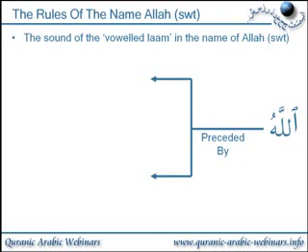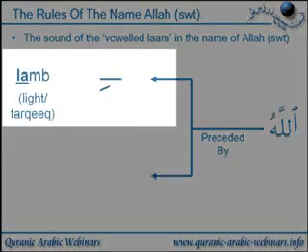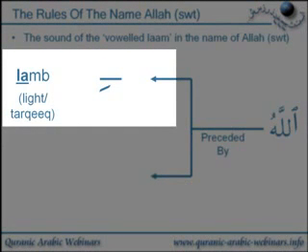Now we're going to look at the circumstance when you have the name of Allah preceded by another word, i.e. there is going to be a preceding sound. Now if there is a preceding sound, there are two different ways that the name of Allah can be pronounced. The first one, if the word before the name of Allah has a kasra sound,